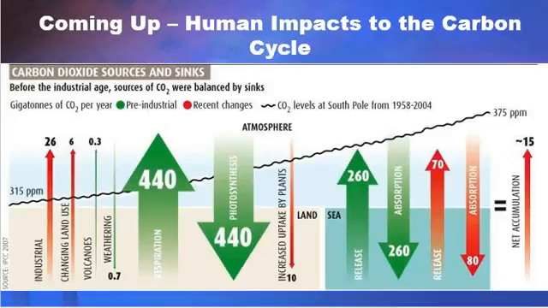All right, so what we're going to be talking about coming up here is all the ways that humans are impacting this carbon cycle. Because as you know, if you've heard anything about climate change, we're adding CO2 in the atmosphere overall. And we're adding it at a rate that's really impacting a lot of things, including our temperature. And that's because all these inputs and outputs, all these sources and sinks that traditionally were very well balanced naturally by these processes, we're adding more sources now basically, and we're taking away from the sinks, and that's causing the whole level of carbon in the atmosphere to go up. So that's kind of where we're going from here.